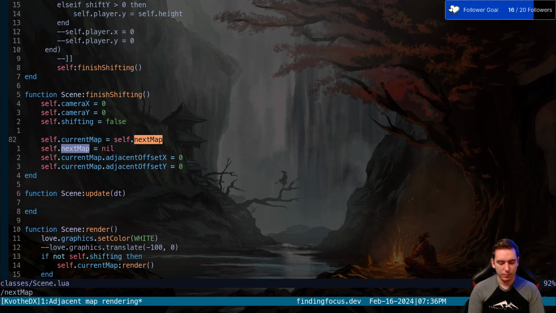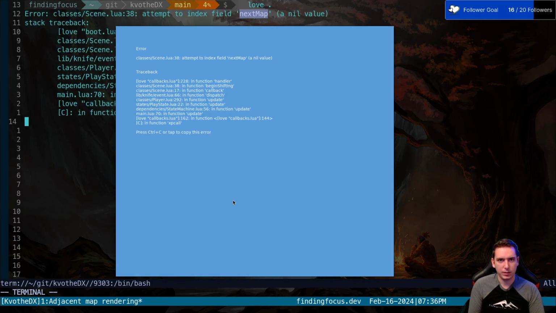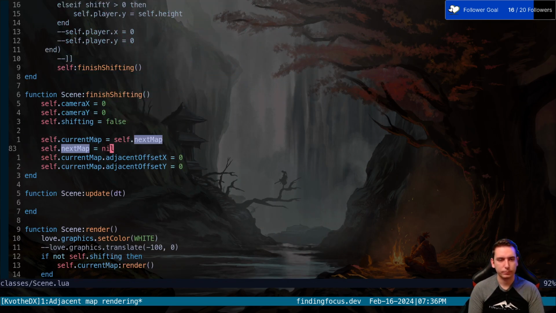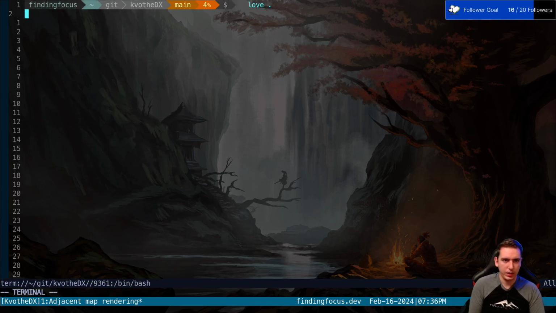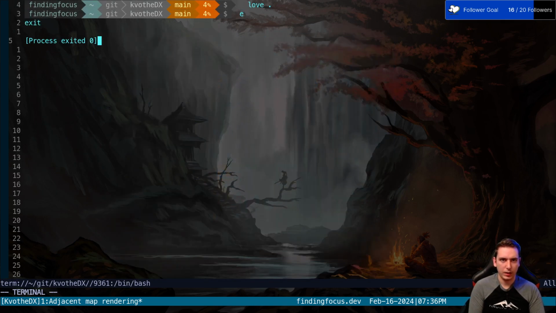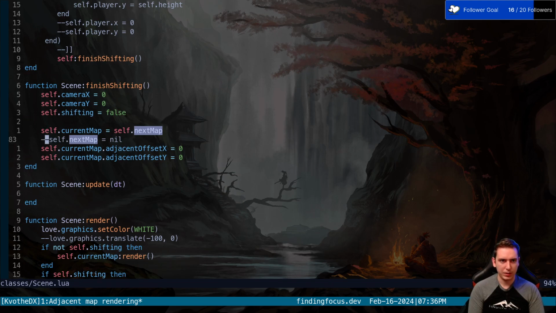It would make sense if it crashes after we finish shifting, but I don't know. Let's turn this off for now and see. Okay, so that next map.nil. I think what happened there is it was detecting a left edge collision twice, which once I became